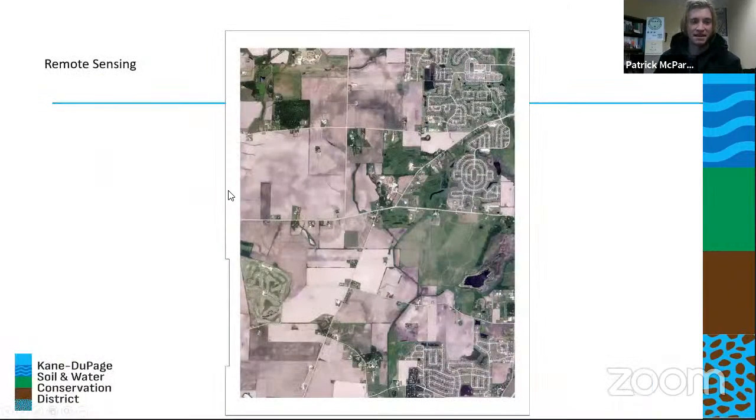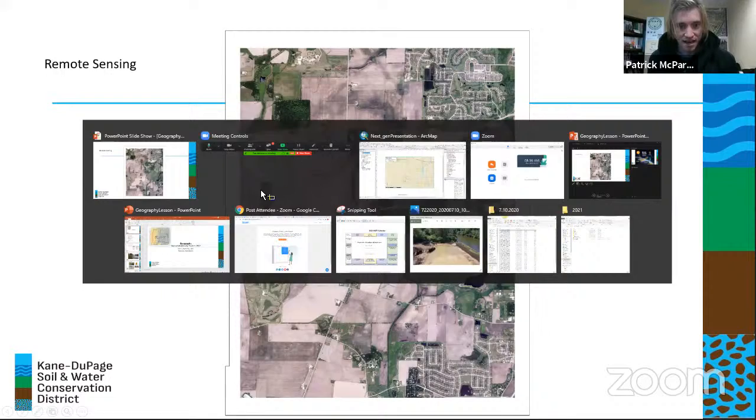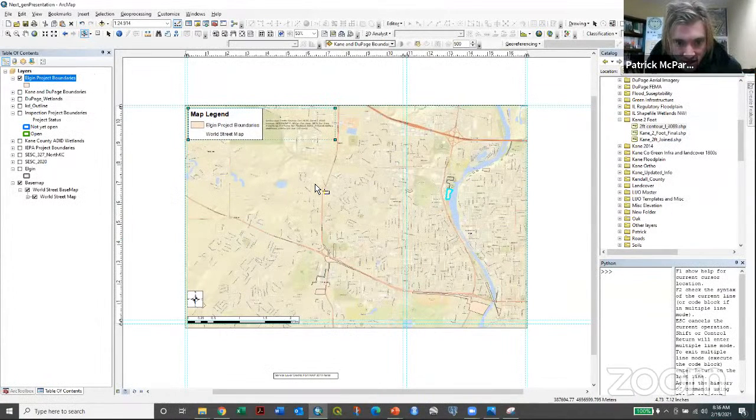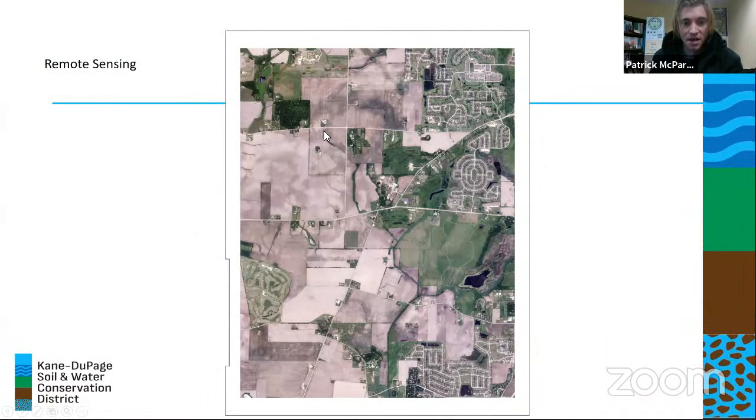So going back into remote sensing. This is a topic that I'm really interested in. In geography, there are vector layers. So there are points, lines, polygons, multi-polygons. You could create a line right here to indicate a road. But it's a combination of those vector layers and also raster data. So this is a raster image that I retrieved from the United States Geological Survey. They have this cool